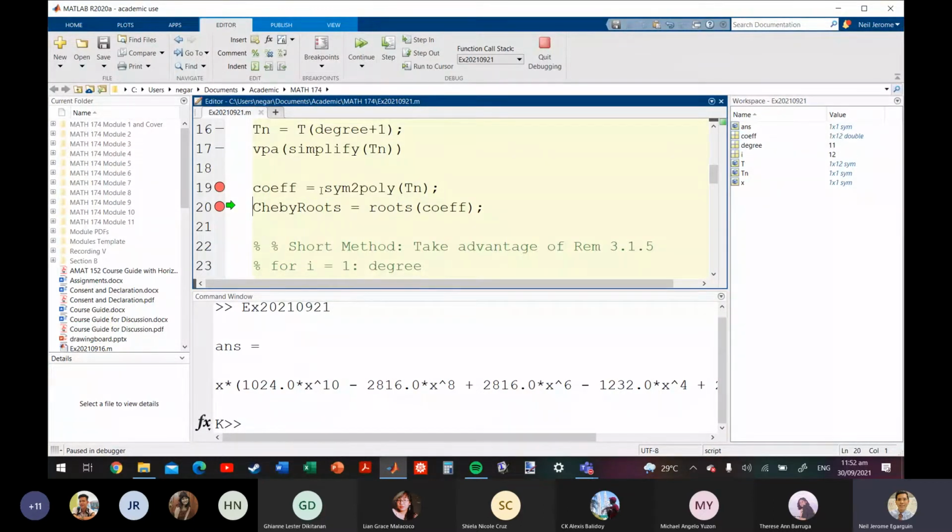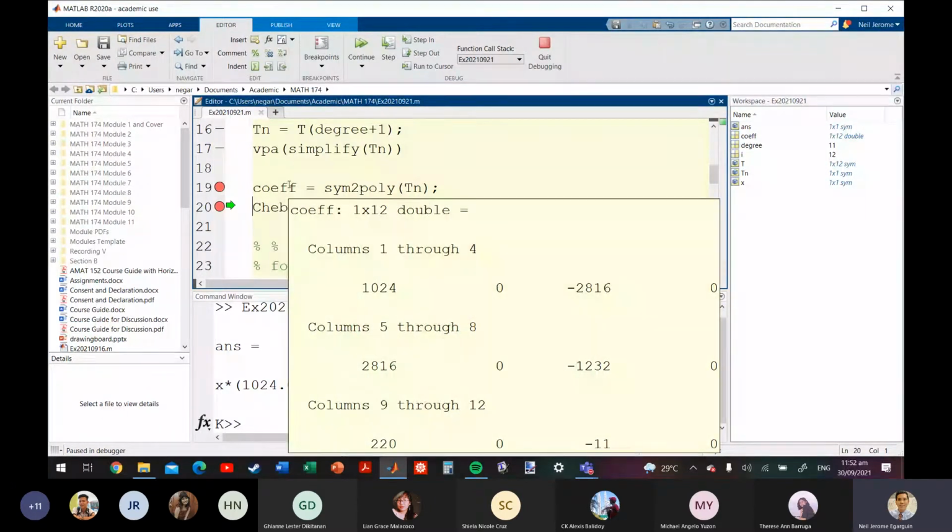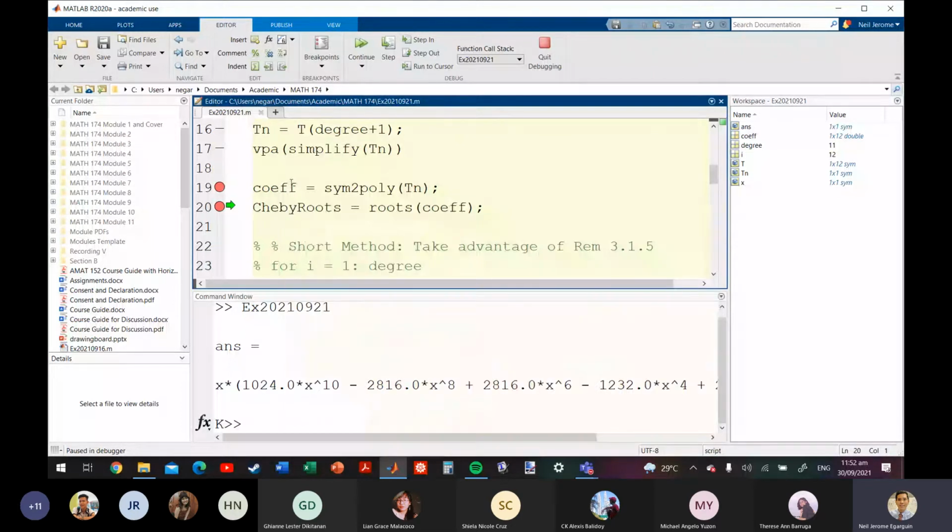So kung makikita niyo, ang first element nung coef vector ay 1024. That's the leading coefficient, followed by 0, followed by negative 2816. So ito yung mga coefficients niya. Okay. Now, since I know the coefficients, ito na yung proper input para dun sa roots command. So I can ask Matlab to compute the roots of the Chebyshev polynomial, and I will store them in the vector called Chebyshev roots.